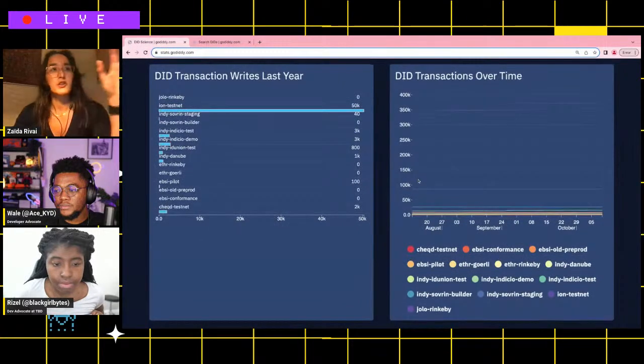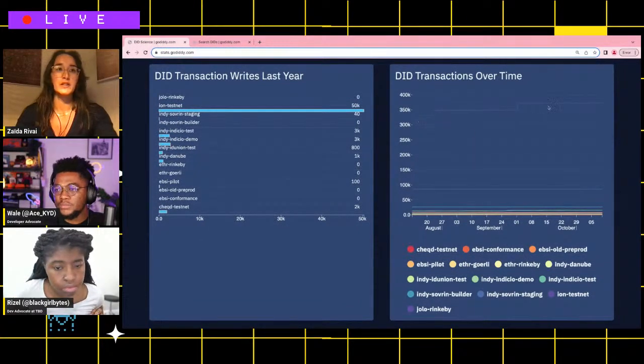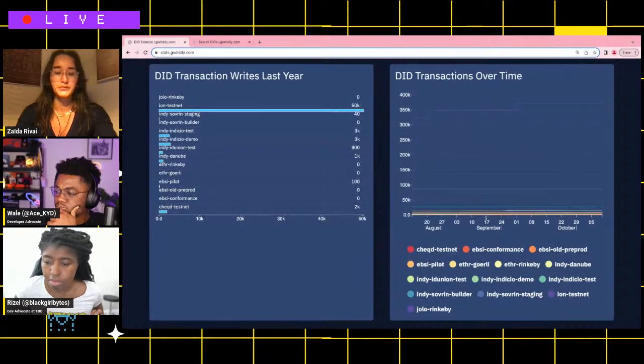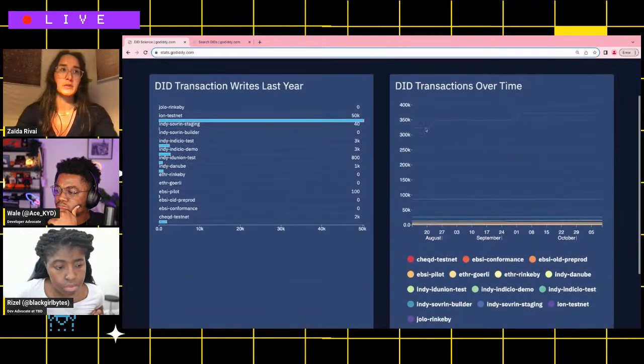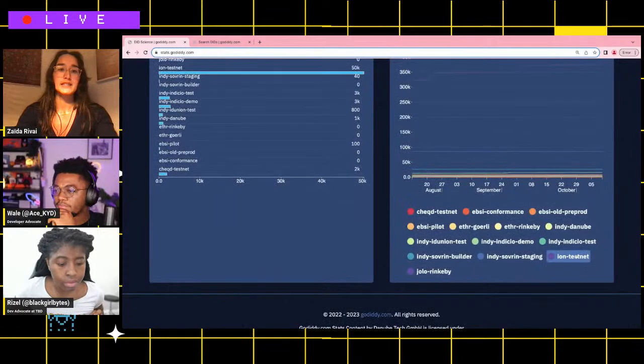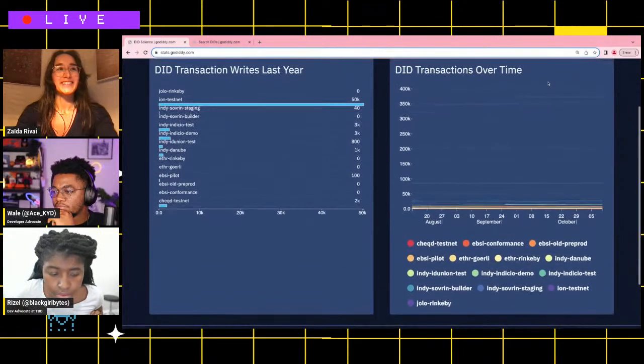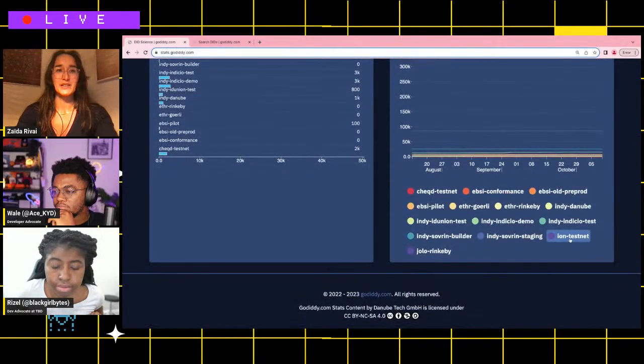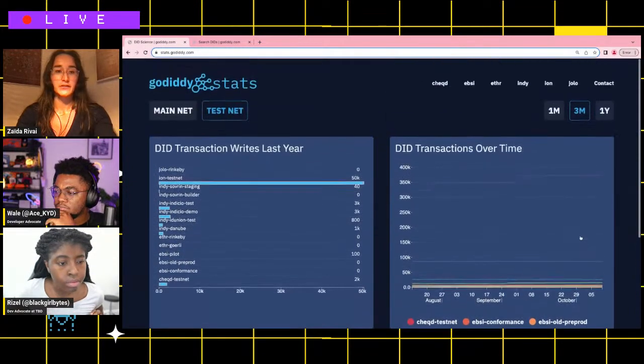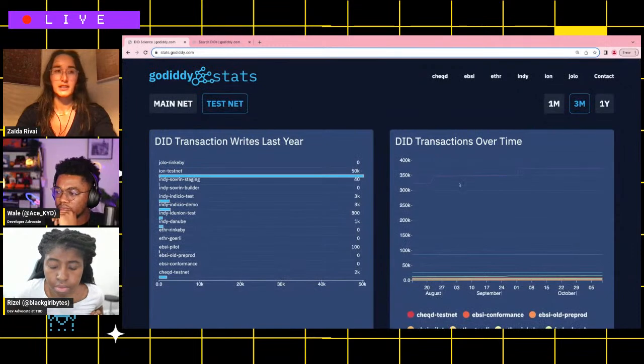Hope it's fine. So on the right-hand side, it shows the cumulative counts of all the DIDs on different methods and on different networks. So here we see, for example, the purple line. I hope it's visible. A little bit dark. The DIDs from the ION method on the testnet network.